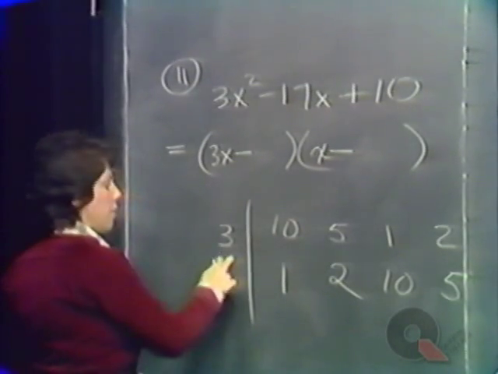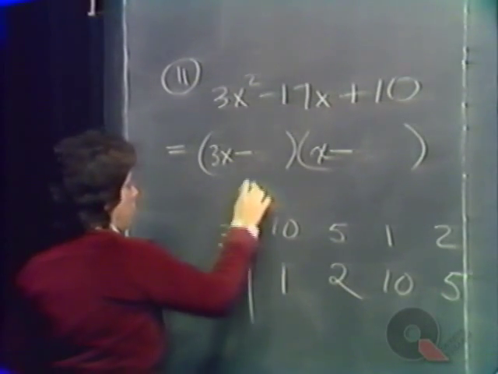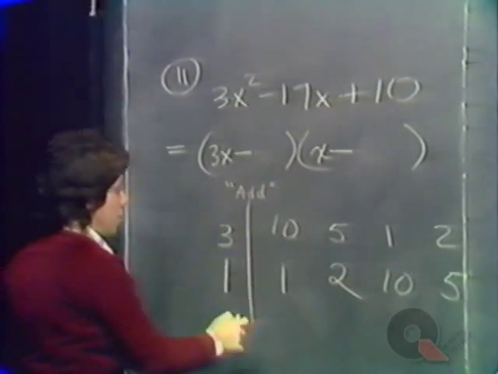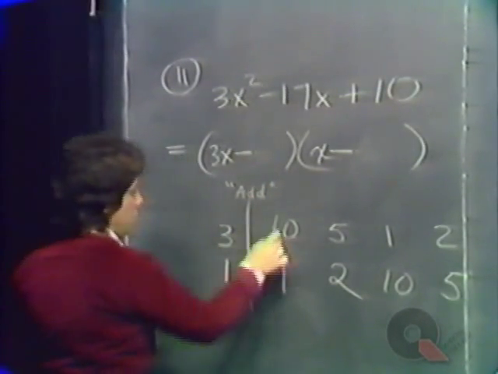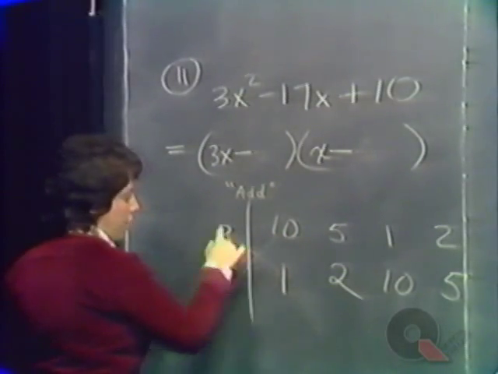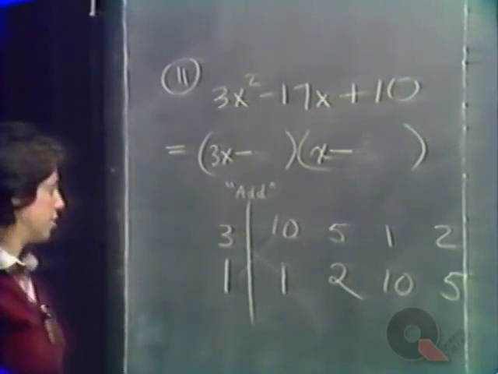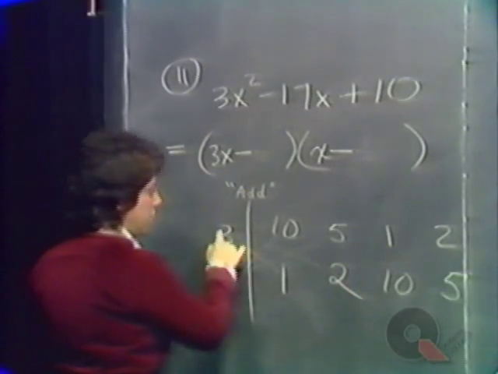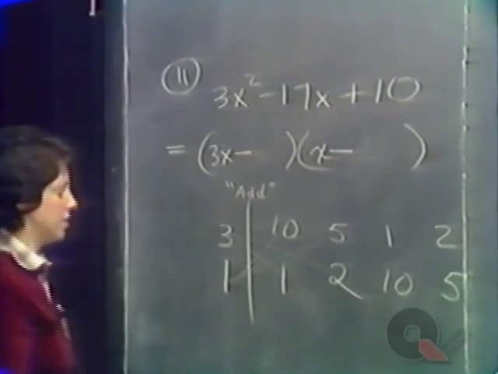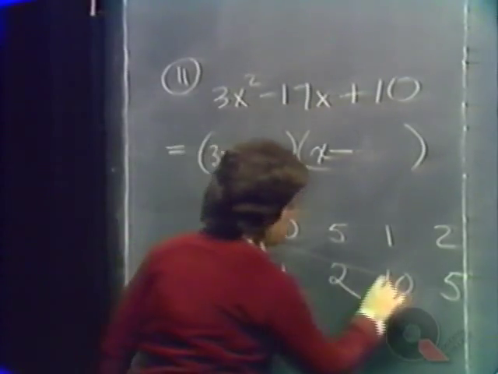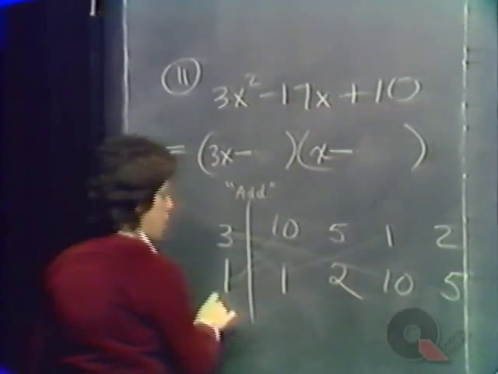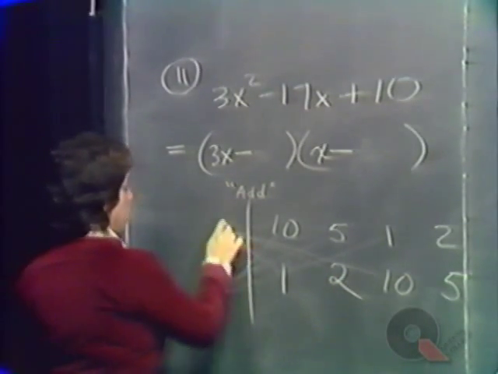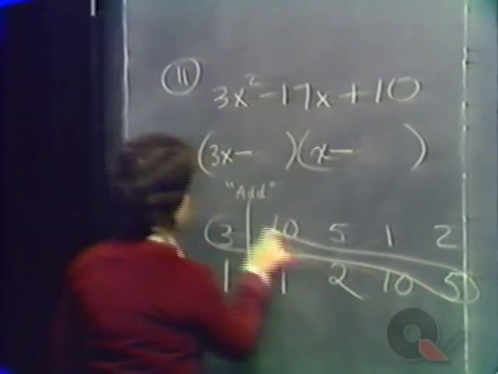Here's what we do. In a sense, this is like an addition table. We want to add to get 17. We go 3 times 1 and 1 times 10. 3 and 10, they add to 13. That's not correct. We try 3 times 2, that's 6, and 1 times 5. 6 and 5 add to 11. That's not right. 3 times 10, that's 30, and 1 times 1, that gives us 31. That's not right. And the last one, however, 3 times 5